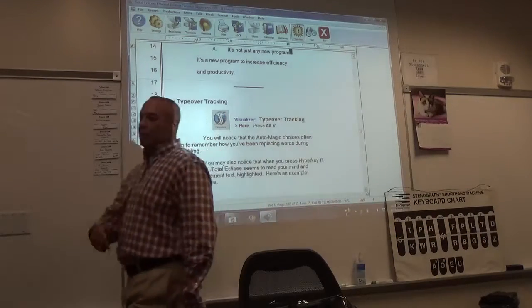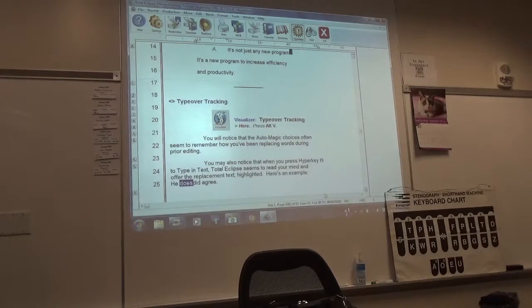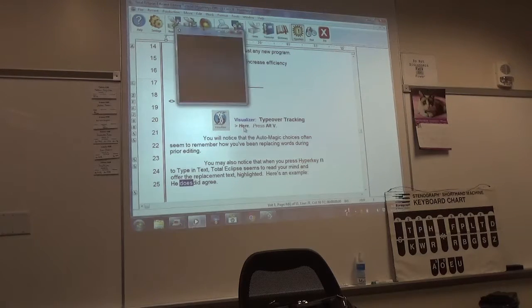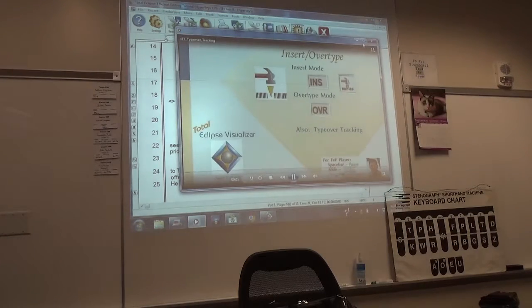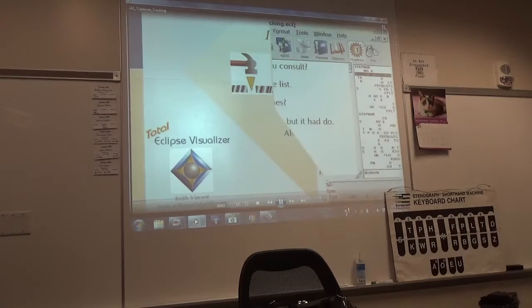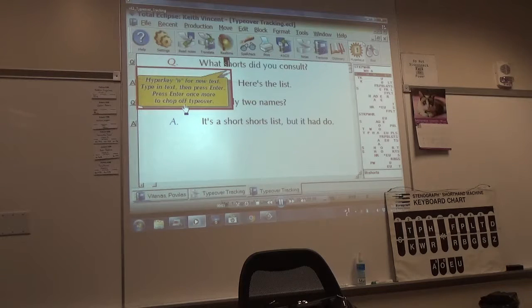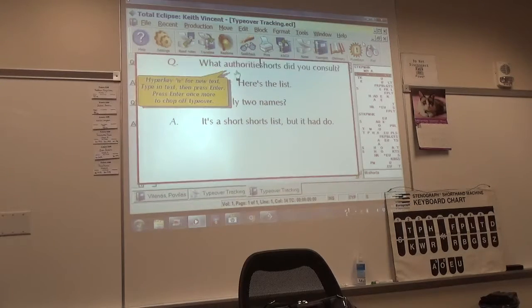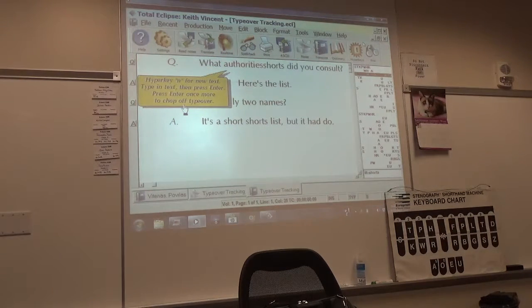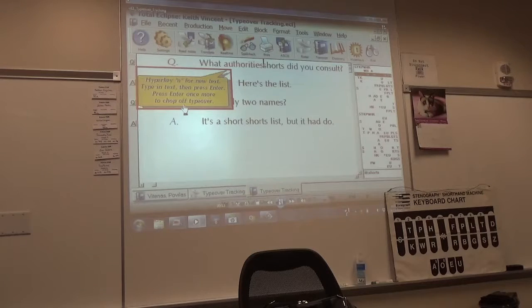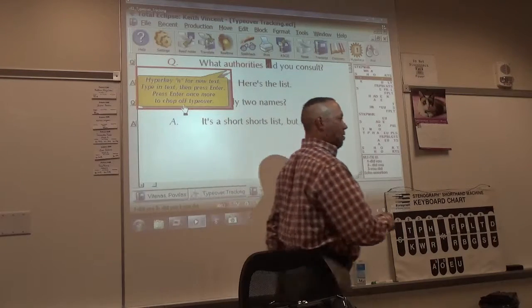Okay, now we're going to go to type over tracking. Let's see what's meant by type over tracking. If I place my cursor on a word and press hyperkey in to type in new text, then after typing, press the enter key a couple of times to chop off the